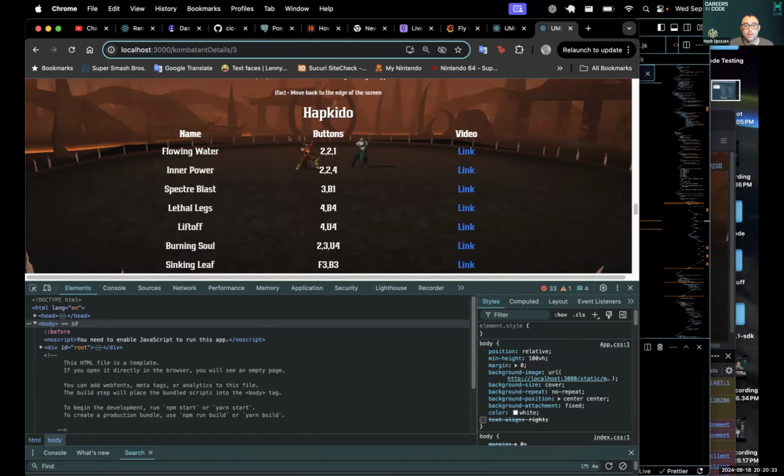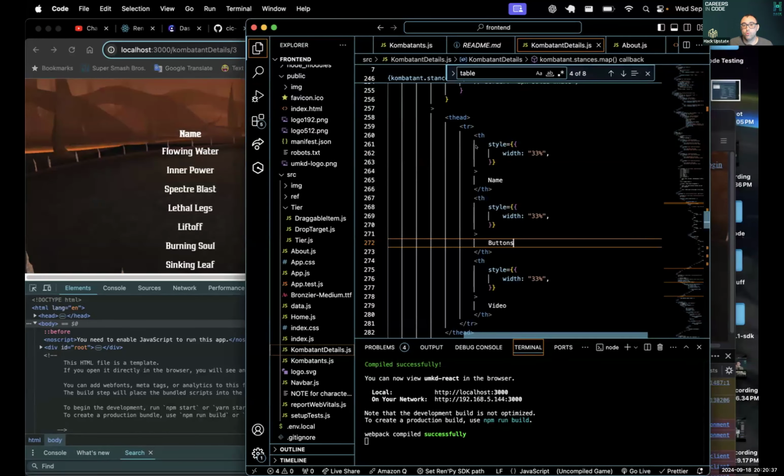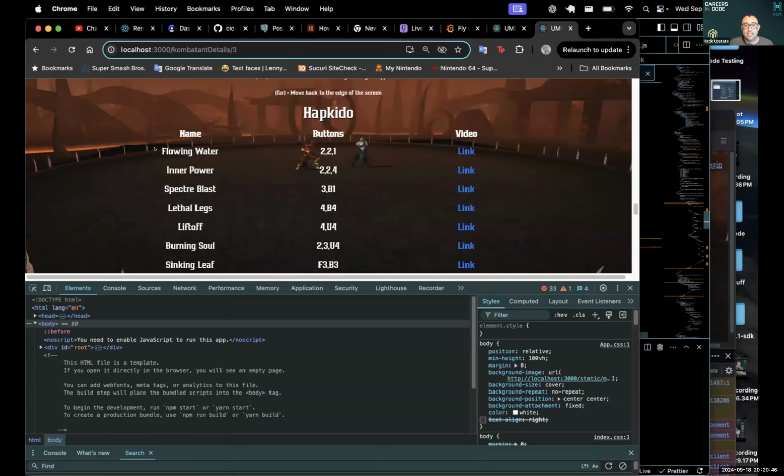So the problem that we had there, just to sum that up, is that tables will automatically size the columns based off of some crazy formula. Because these names were a lot longer, it was making the name column a lot wider, but the buttons and video columns a lot smaller. And because of the spacing, it wasn't appearing centered under the name.